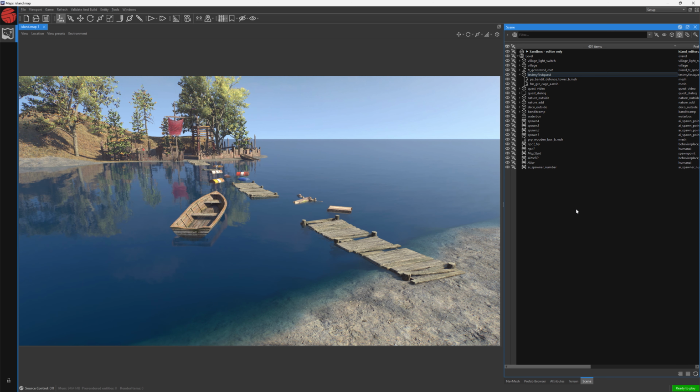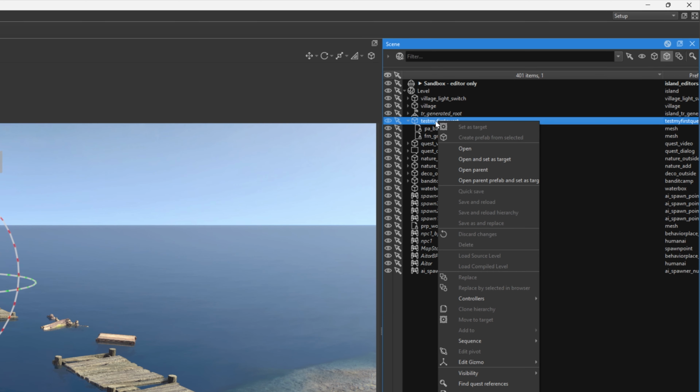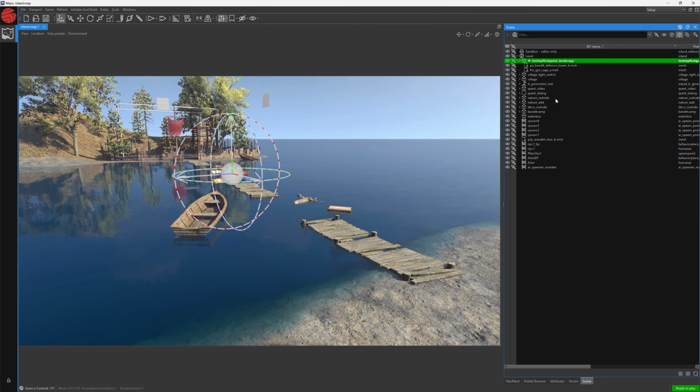As you can see, I have prepared some base terrain with a bandit camp. I need to open a level or a prefab where I can add all my quest prefabs. So I'm going to open my created prefab in level and set as target. We have to use sensor boxes to check if the player has reached our designated location for the purposes of tracking progress.